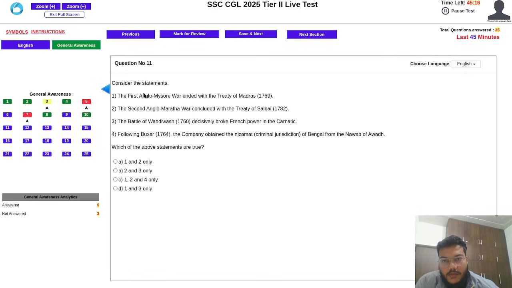This is the following step. For the first Anglo-Mysore war ended with Treaty of Madras. मद्रास कहाँ से आ गया एंग्लो-मैसूर में? The single Anglo-Maratha war is settled by 2-3 ठीक है।